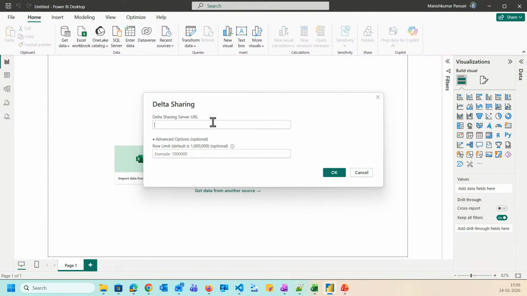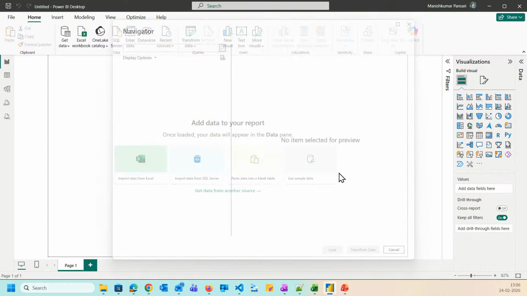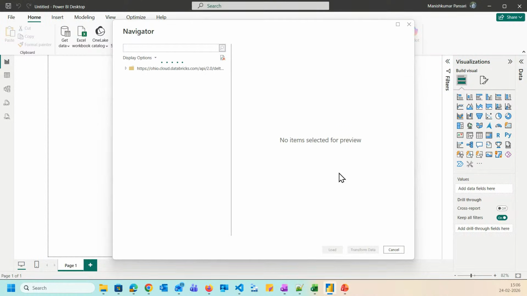So this is the URL that I got, and I'm providing the value. Now you can see that I just received the value here.